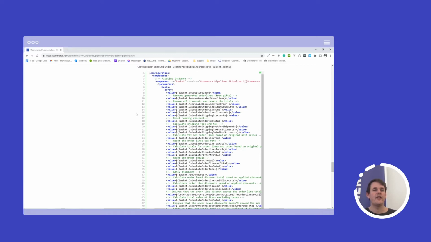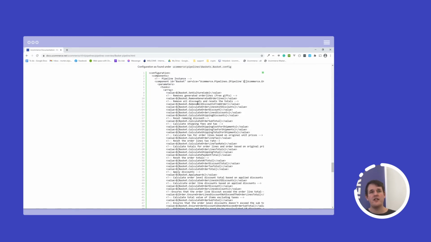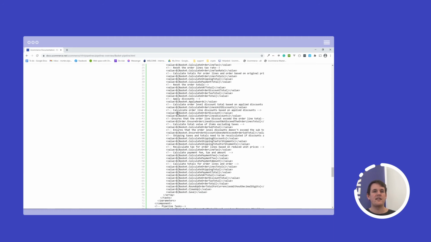with the IOC container, because the pipelines and tasks are all put into the IOC container, just like every other component. We talked about that in the previous video about IOC and components. Pipelines here are no different. They are also put in the IOC container and composed together via configuration. So the pipeline in itself here, Basket Pipeline, which is the actual implementation, does not have all of these tasks here out of the box. We configure it to have it.